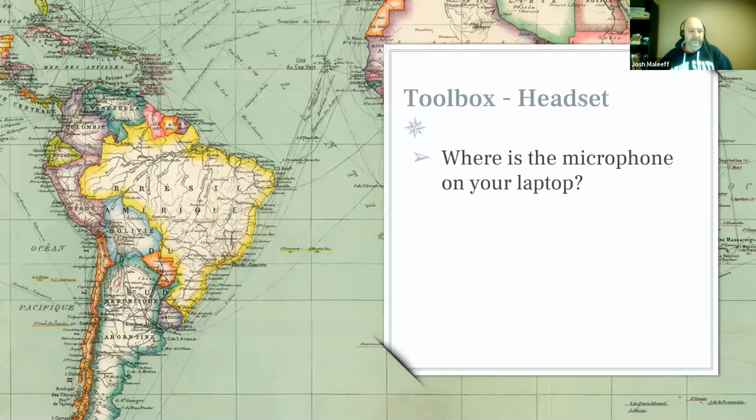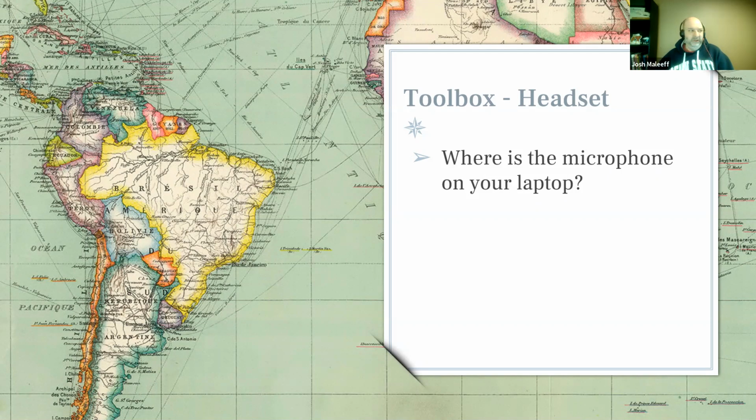Mic is on the webcam, so if you have an external webcam, that's an option. You've got a Yeti, that's a pretty good mic, but again, that's the external one. An external headset from somebody else. So you guys are the pros here, right? The camera that I showed you actually does have a mic in it. I don't use it.